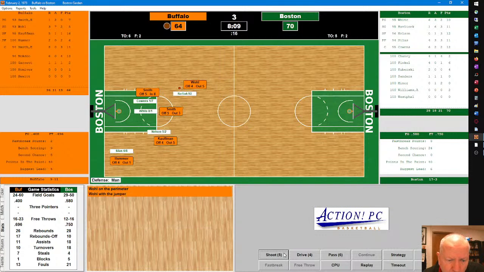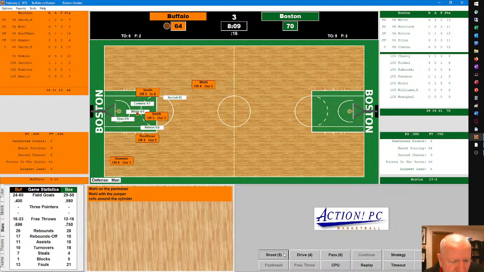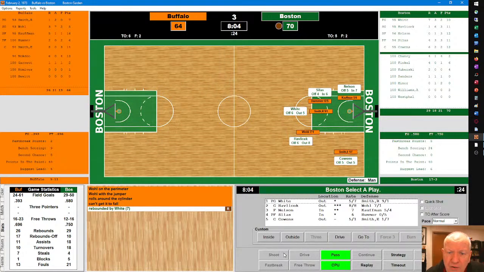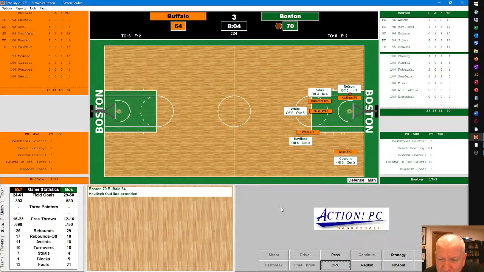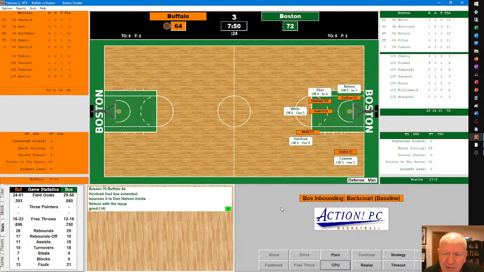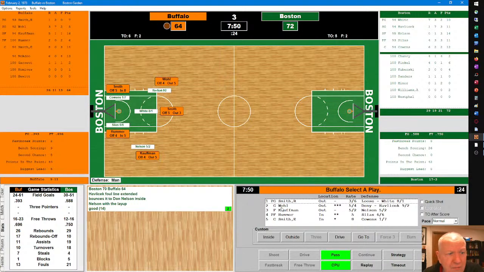The pass goes to Wohl on the perimeter. The perimeter jump shot by Wohl is off target. And a long rebound comes down into the hands of JoJo White, and Boston gets another possession. Al, Red Sox fan, is the good luck fan for the Celtics. He's their good luck charm. They've been on a roll here now. Here's an inside look to Nelson. Nelson steps around Kaufman, lays it up, and good. And Don Nelson has been stellar here tonight. He's got 14. He leads the Celtics, and the Celtics have opened up an 8-point lead.